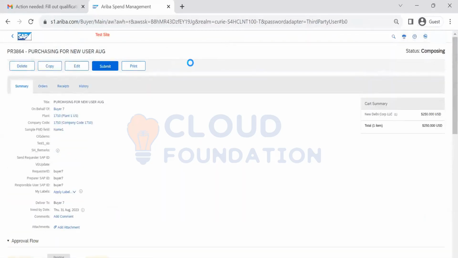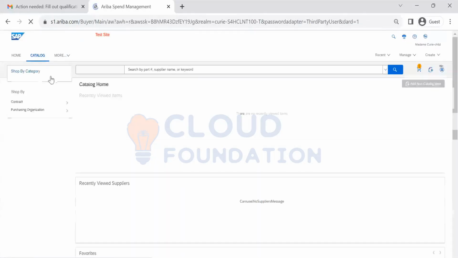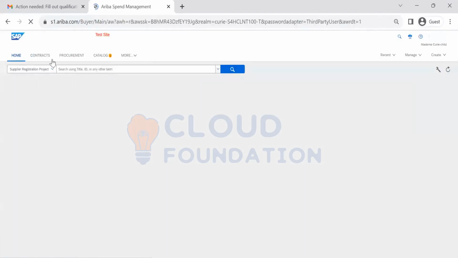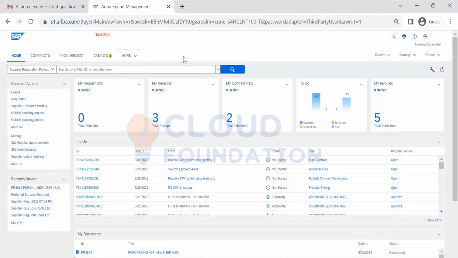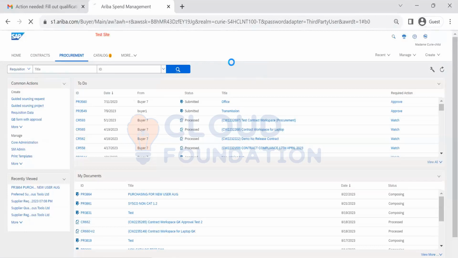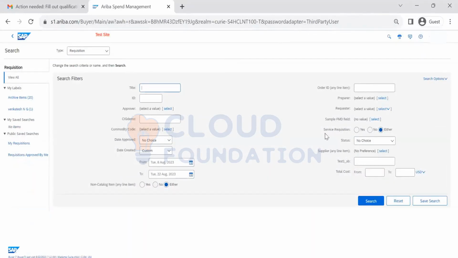So let's go to any of the ordered PO. Home page. More. Click on procurement. Requisition. Click on search. So under requisition search, you can also search by whatever the options are available. I want to select a status, which is ordered status. So what are all the PRs which are in